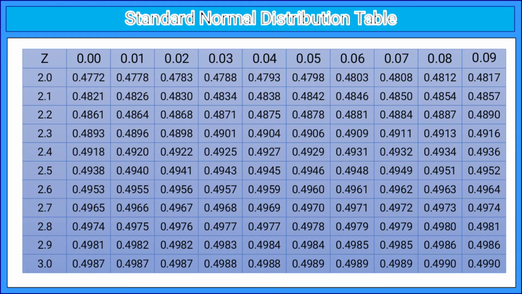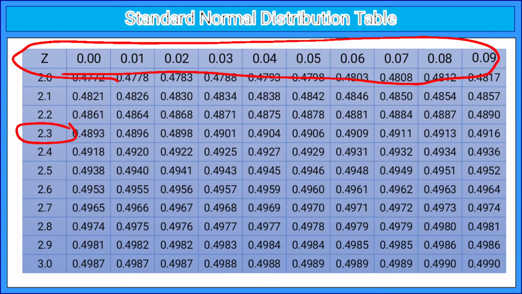And aside from that, we also have values like 2 point something up until approximately 3.0 here. So say, for example, our computed z-score is 2.36. We have 2.3 here, and then just look at the next column. We have the row 2.3 and we're looking for 2.36, so it will lie here and then it will lie here. So our percentage value will be 0.4909 or